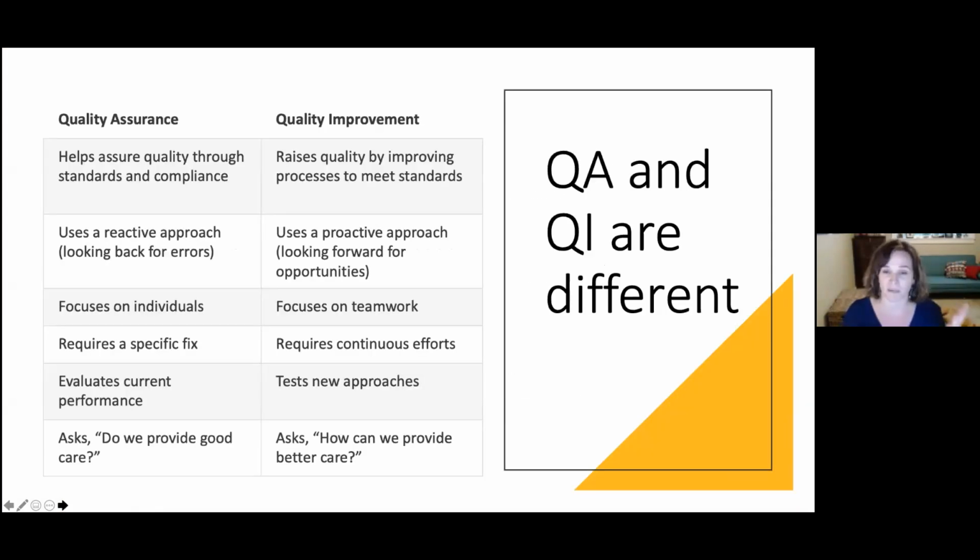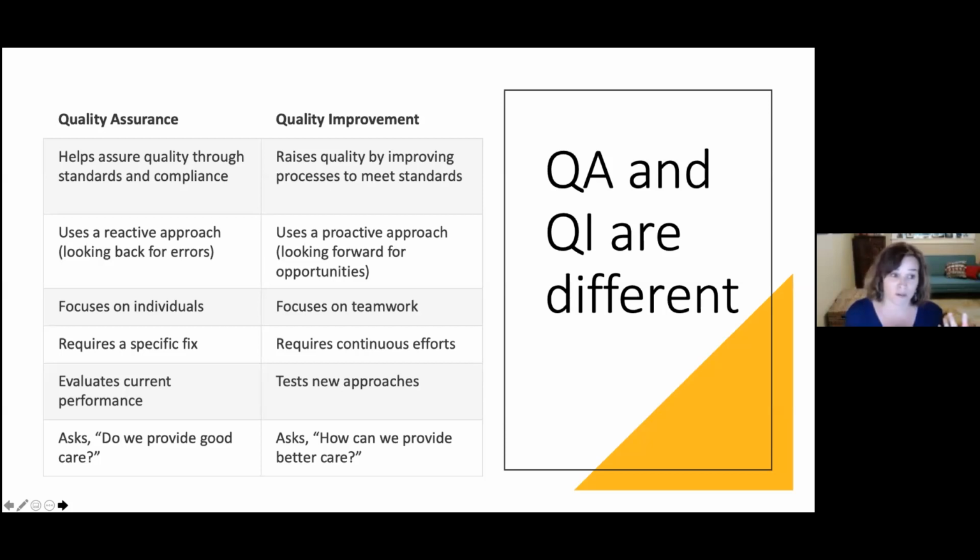Here's a side by side about the differences between QA and QI. Quality assurance is really about compliance. We've set standards, and we want to make sure that we're meeting those standards, because that's one way that we're gauging whether or not we're providing quality services. So it's assuring quality through standards and compliance.